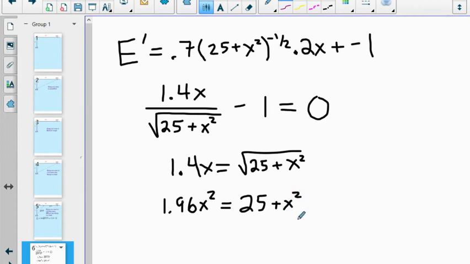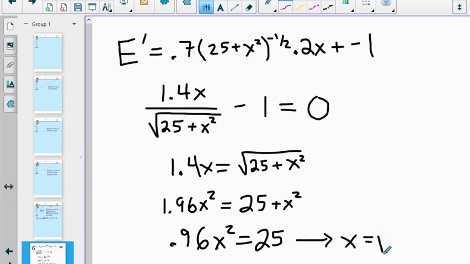I'm just going to subtract x squared from both sides and get 0.96 x squared equals 25. I'm going to divide both sides by 0.96 and then take the square root, and I end up getting x equals the square root